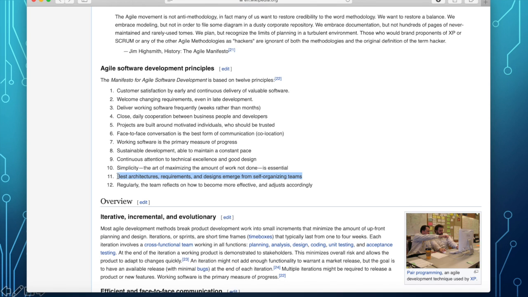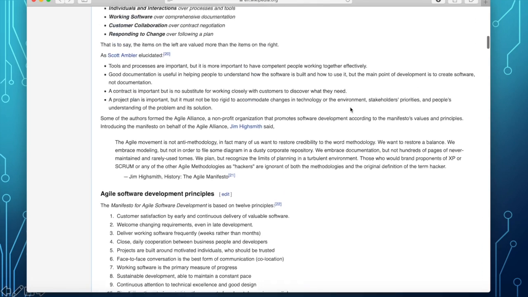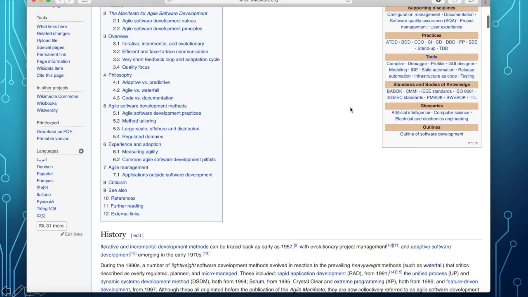We need to be able to adjust and organize according to what is needed. And then finally, regularly, the team reflects on how to become more effective and adjusts accordingly. So every team member should be flexible to adapt to the new method that we are adopting.